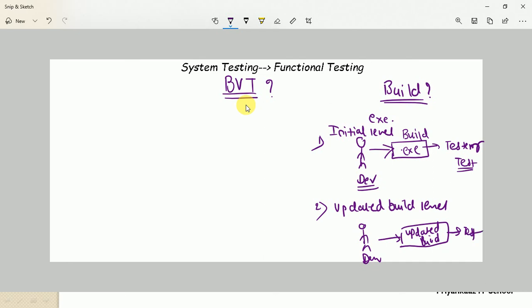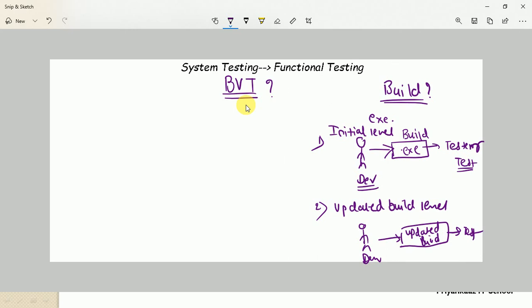Based on this process, guys, and that is why I'm discussing this, we have two different types in build verification test. And this is a famous interview question. What is meant by smoke testing? What is meant by sanity testing? But you should know that smoke and sanity are both part of build verification test, where we test a software application build for its testability. We need to verify very first whether that build is testable or not.